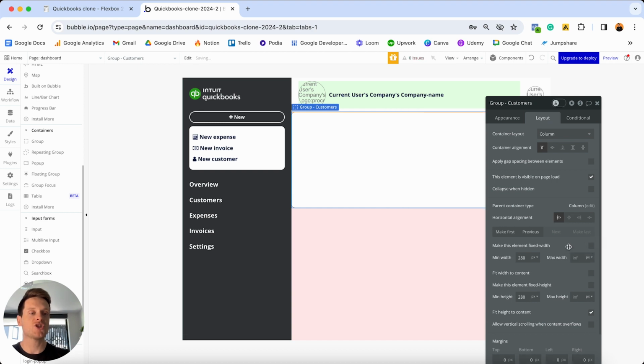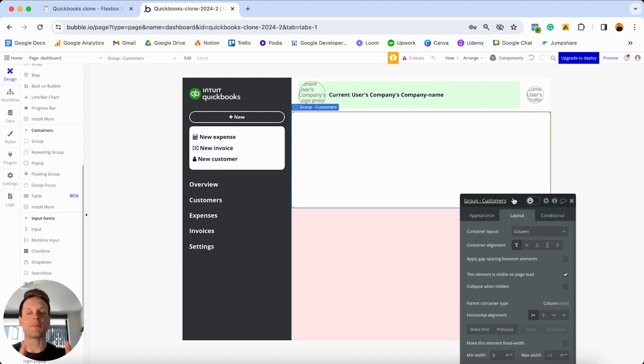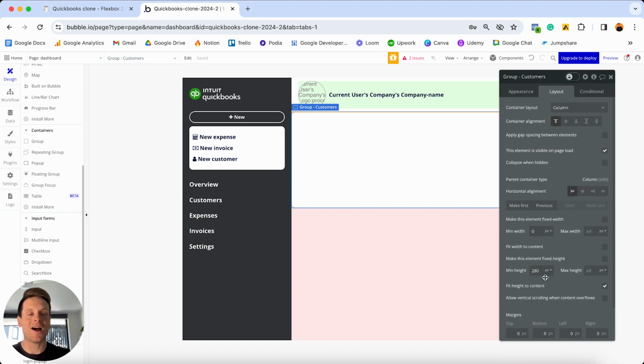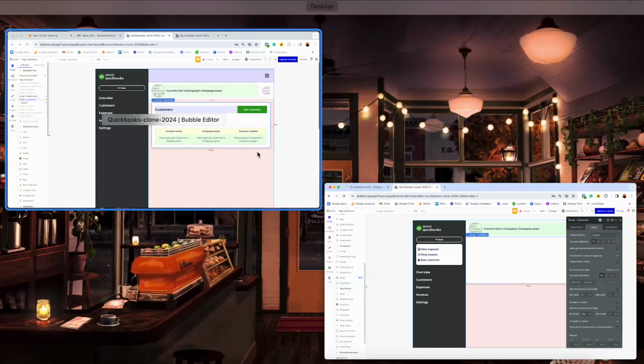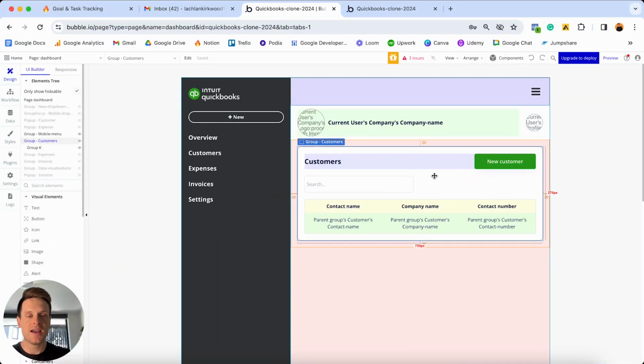So I will uncheck that this should be a fixed width. We'll set the minimum width to be 0 and leave the maximum width as infinite. So of course it can take up as little or as much space as possible. Now we will come back and update the height and the margin settings in a moment. But for now, what I'd like to do is build out all of the elements you see inside of this group. And look, when it comes to this group over in my separate browser,